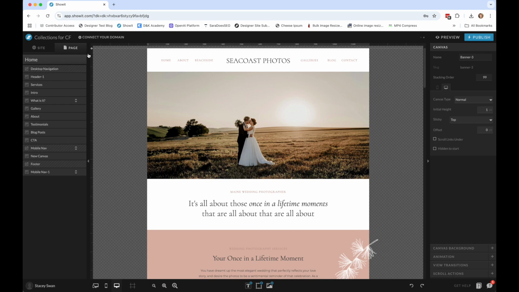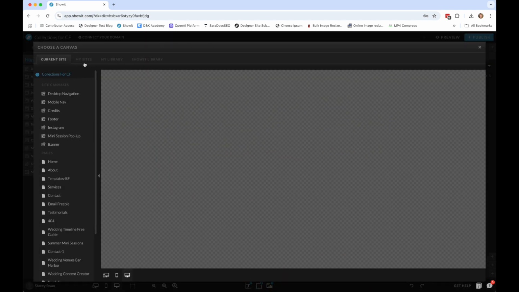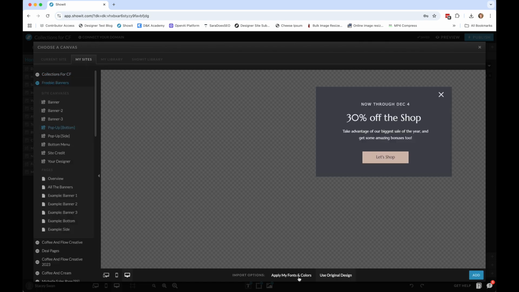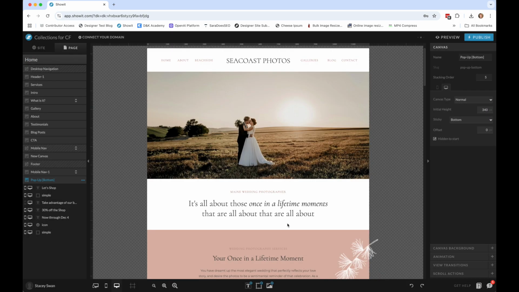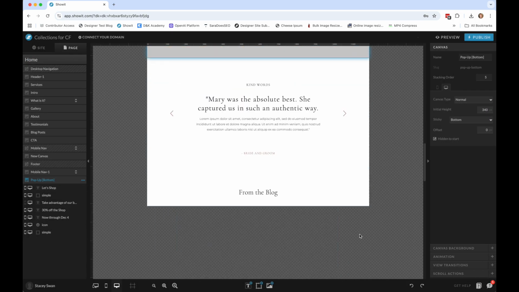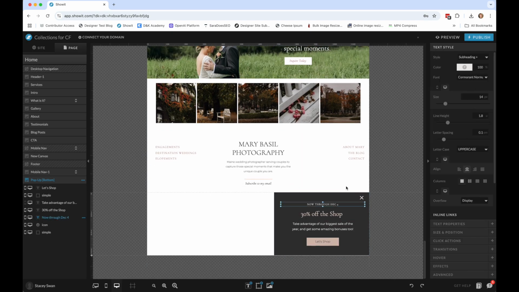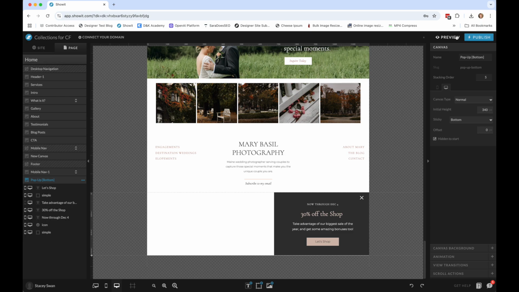So then the other ones are more of a pop-up. If we go in and add that bottom one, for example, again, apply my fonts and colors so it changes everything. And then this one can actually stay at the bottom of the page. And then you can customize it any way you need to. And if you view this one,